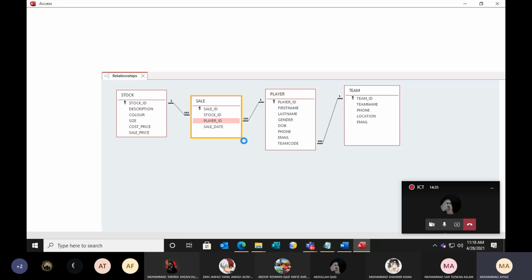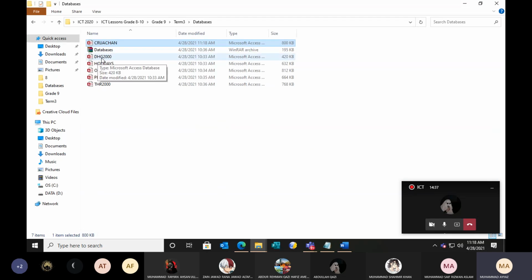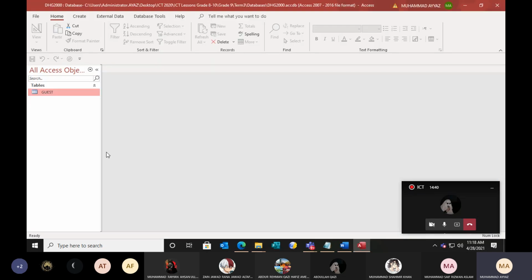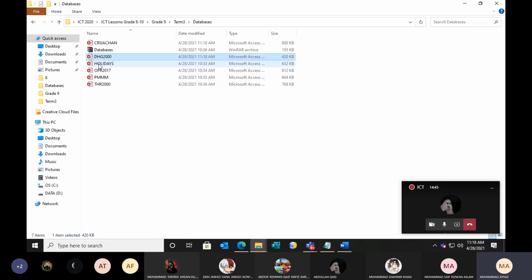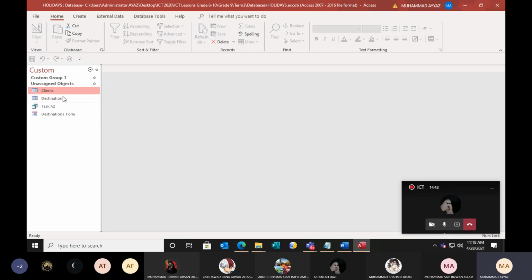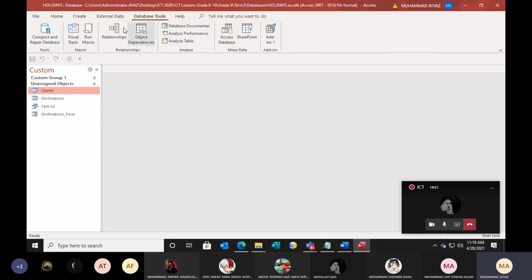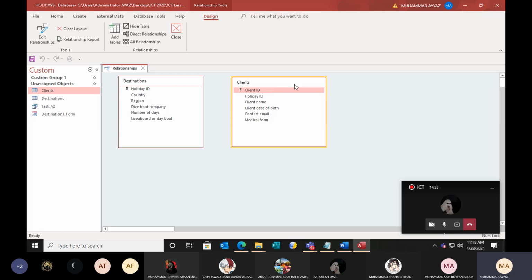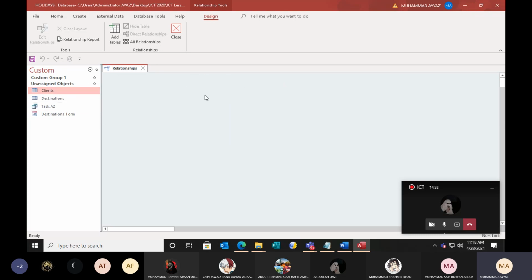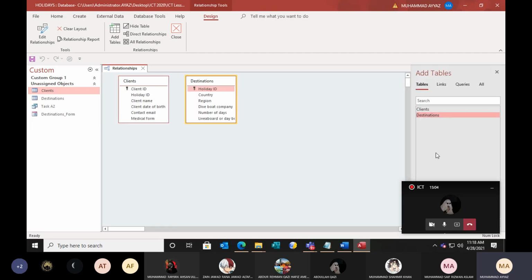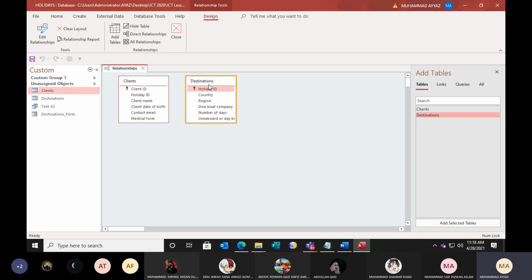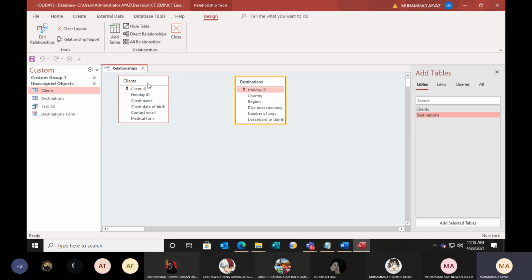Okay. I am saving it. So the second database, DHG 2000. Here there is one table, so no need of a relationship. We will leave this. Holidays table. Okay. So go to Database Tools and Relationships. See, sometimes if tables are not here, don't worry. Right click and show tables. The tables are here, so double click and add the tables. Double click and add the table. Now see, the same formula you will apply here.